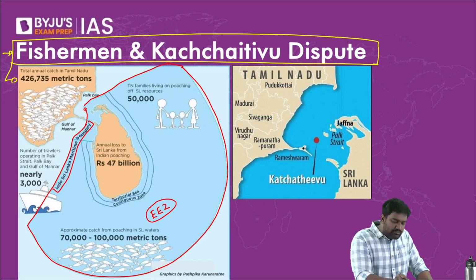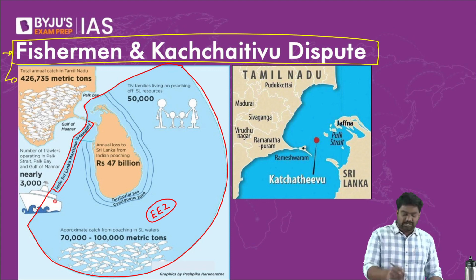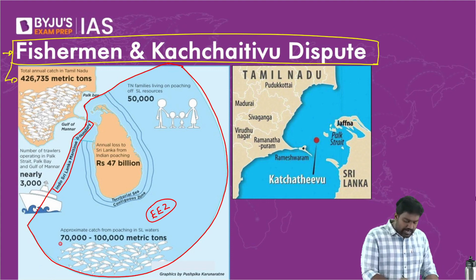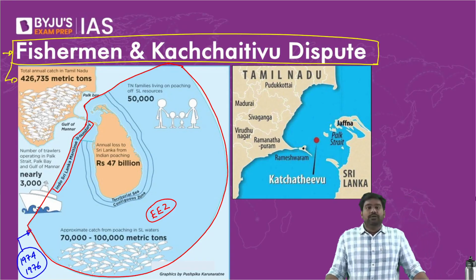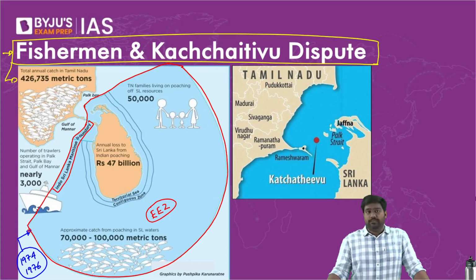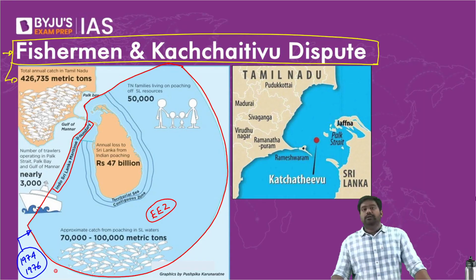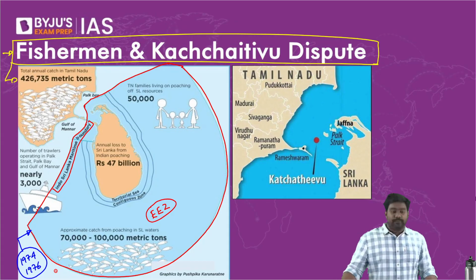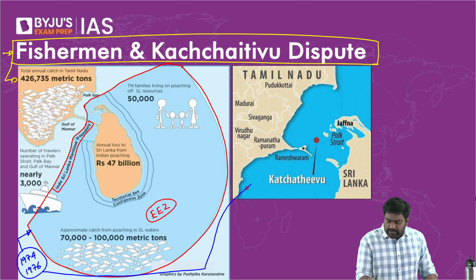So this maritime boundary between India and Sri Lanka, this international maritime boundary line, had been worked out in 1974 and 1976 under the then Indira Gandhi government, right? Particularly during the emergency period, the national emergency period, we signed two maritime boundary agreements with Sri Lanka and settled this maritime boundary. In these maritime boundary agreements, India agreed to give away Kachativu Island, which you can see here.